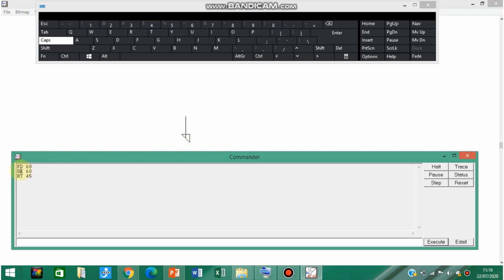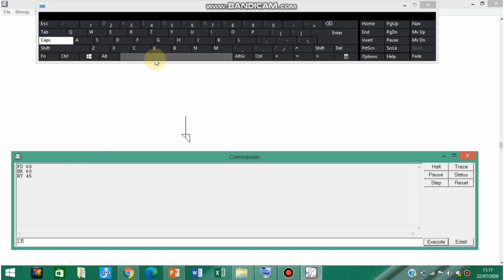Then the next command is left or LT. You can also write the full form in this commander box, but it is better to use the short forms to save time. LT stands for left.